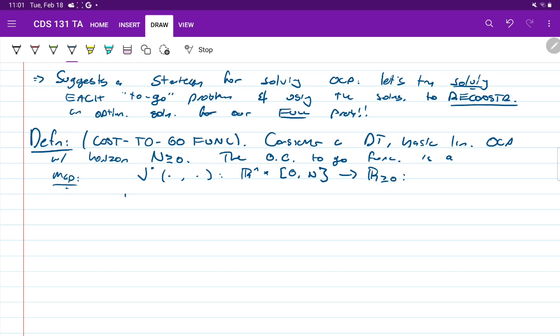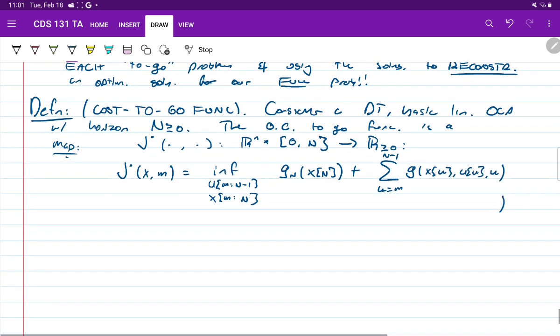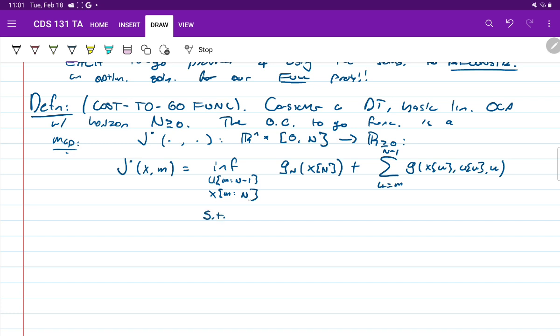And it's going to be defined such that J star of x, m is equal to the infimum over u going from m up until n minus 1, x going from m up until n of my cost function, gn of xn, plus the sum term, which is just the usual sum. But now we're going from k equals m up until n minus 1 of g of xk, uk, k, and is going to be subject to